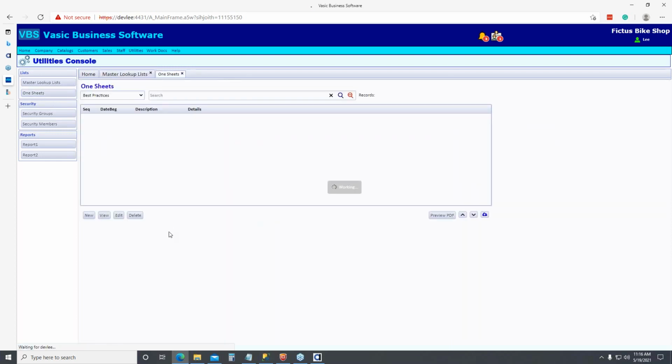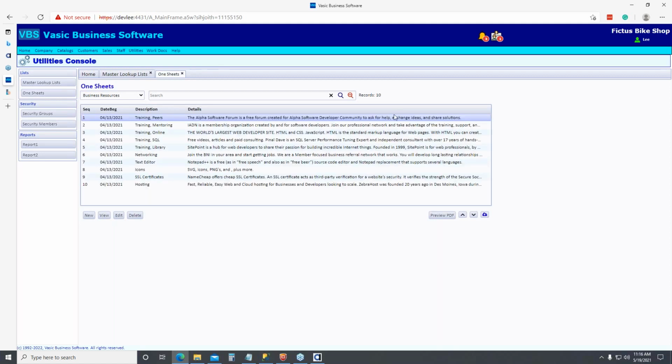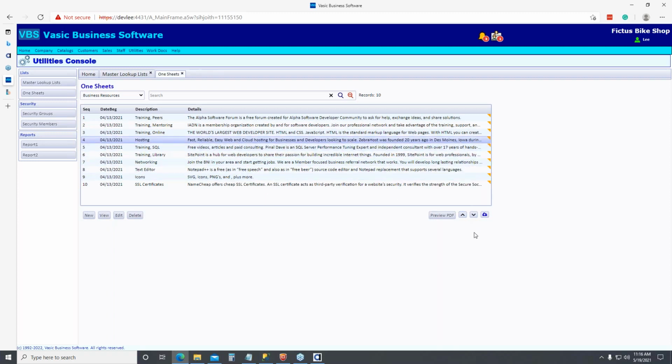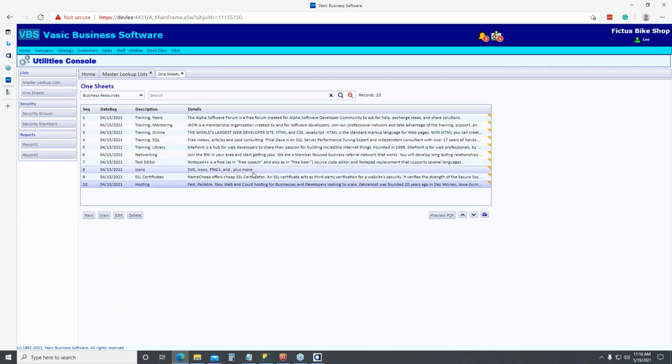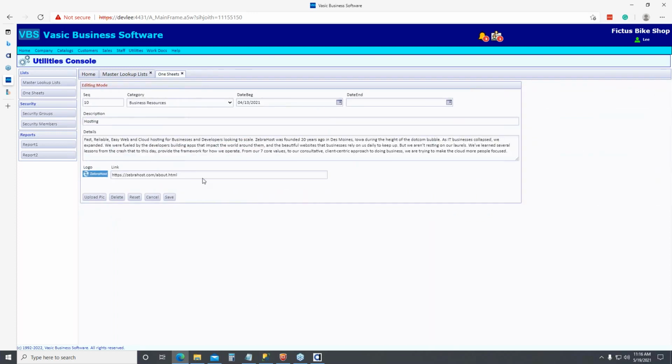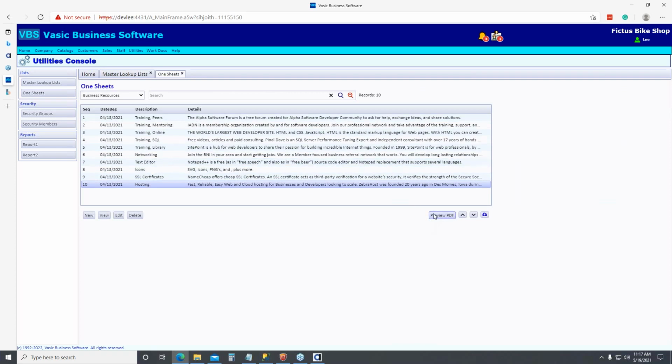And then out here in utilities, I built this thing called the one sheet. And what this does is, if I say like business resources, here's these business resources, and you can see here what I've done is I've made it so I can just move that up if I want to in the list very easily, as you can see, or move it down in the list. And then I can just save them all. And then if I go look at this, you can see what that looks like. So I can just put in the details, and I can put in the logo. And then of course, if I wanted to preview it,